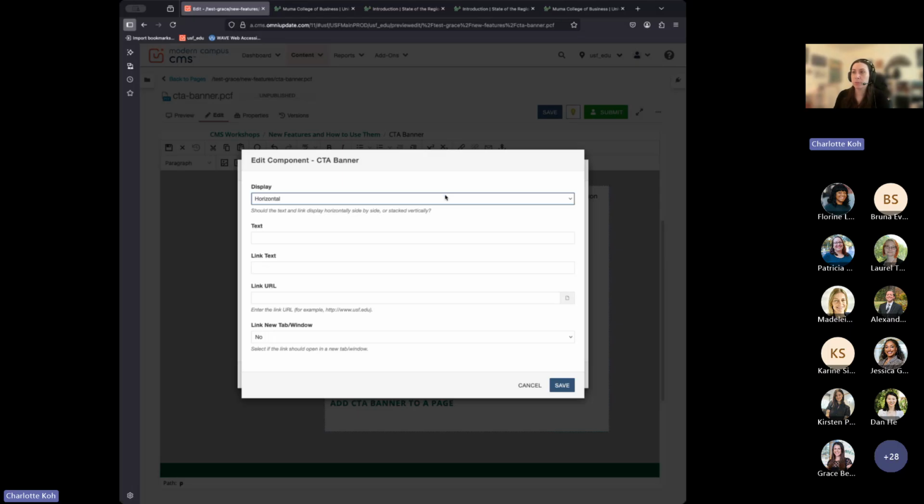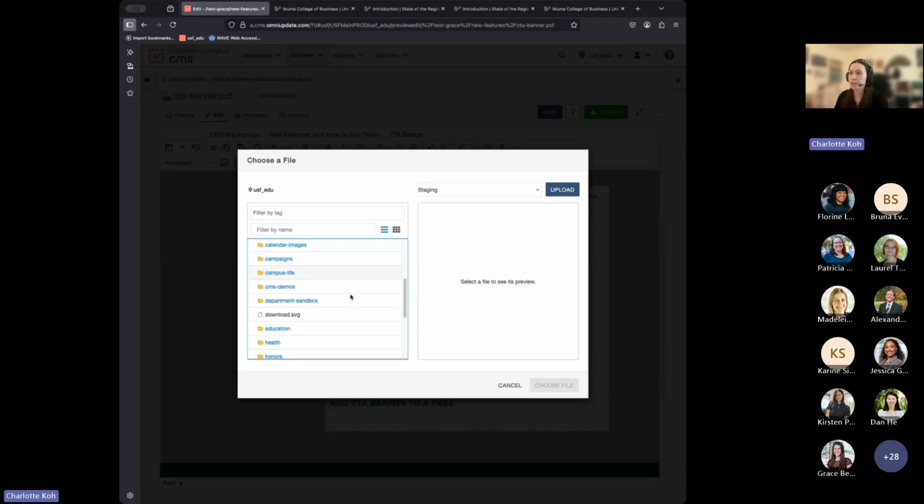Or do you want it to be vertical, where they're stacked on top of each other? We'll just stick to horizontal for now. But for the text, we'll put, I'm a CTA banner. And then for the link text, we'll do, I'm a link. For the URL, as Grace showed before, we'll use the file chooser to try to navigate to something, again, that